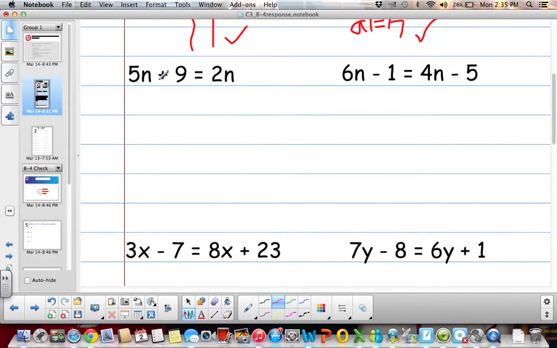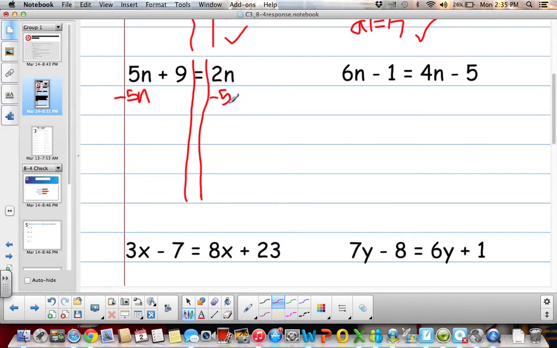Okay, if we have 5n plus 9 equals 2n, I like to draw my railroad tracks so it's nice and neat. I have my 2n over here, so I'm going to take away 5n